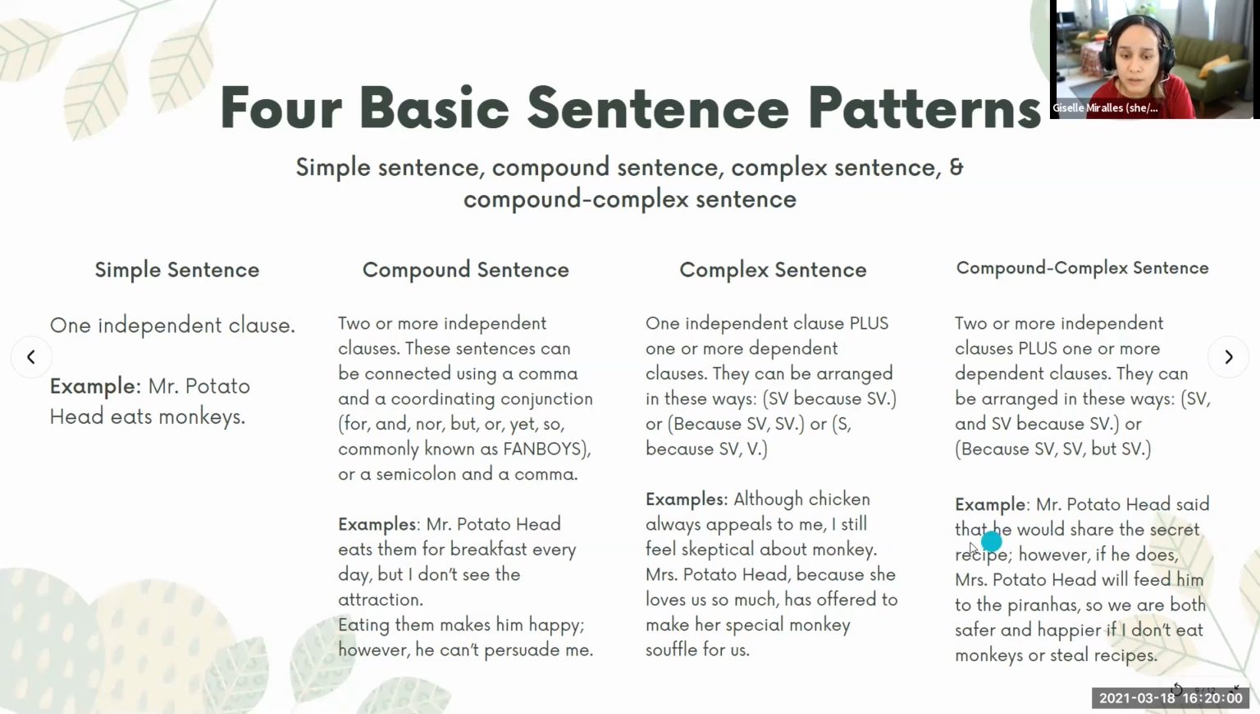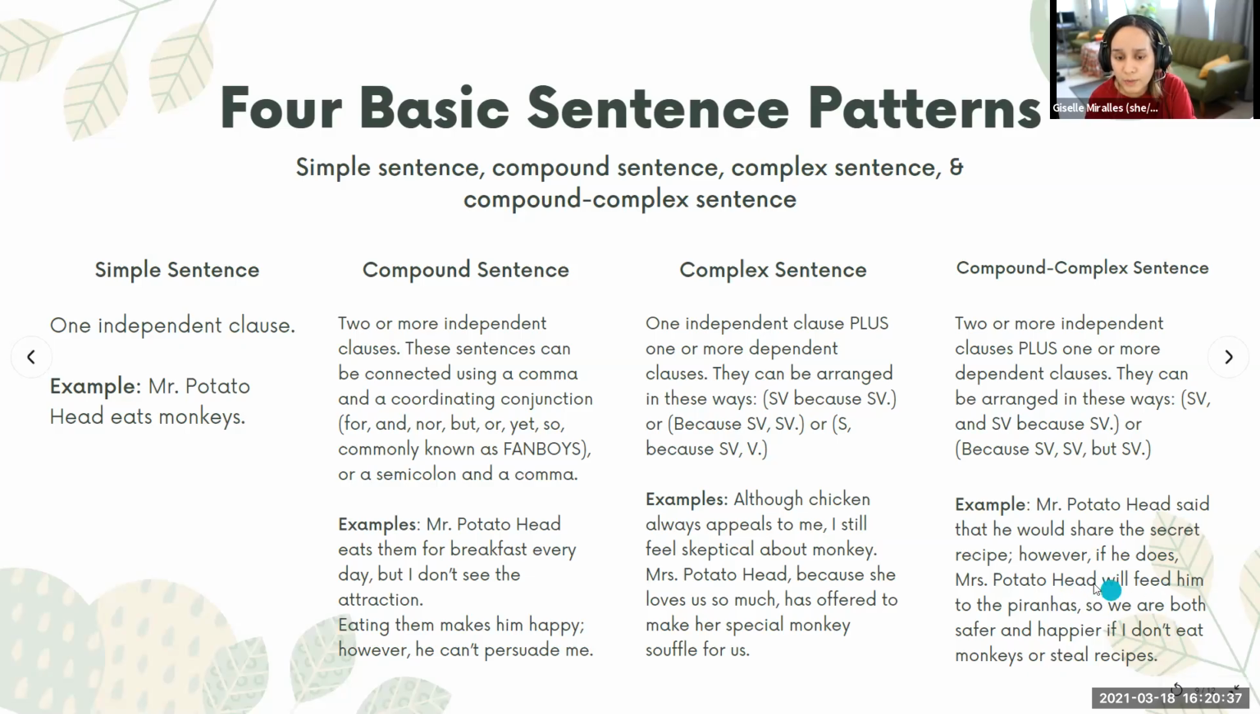So here we have an independent clause. "If he does, Mrs. Potato Head will feed him to the piranhas." This is another independent clause. So here's our second independent clause: "Mrs. Potato Head will feed him to the piranhas." And then here we have the dependent clause: "so we are both safer and happier if I don't eat monkeys or steal recipes." The reason why this is a dependent clause is if you delete everything before it, "so we are both safer and happier if I don't eat monkeys or steal recipes,"